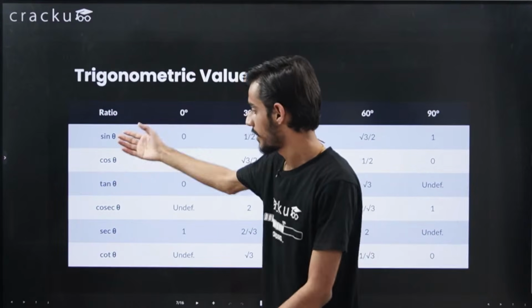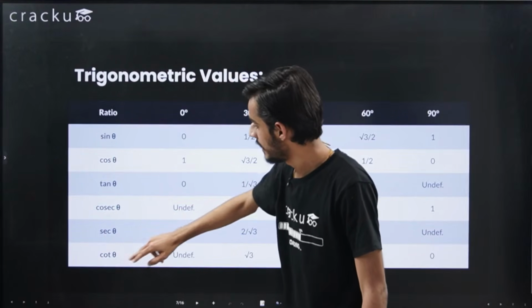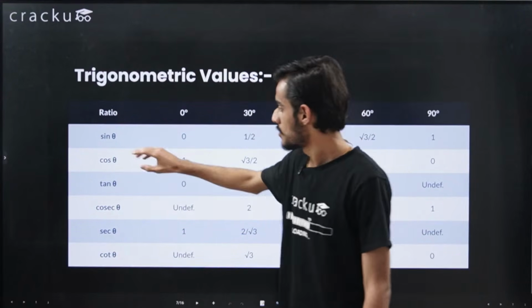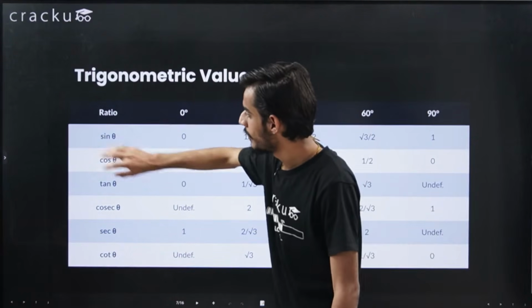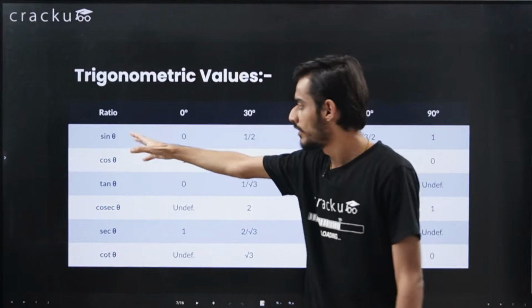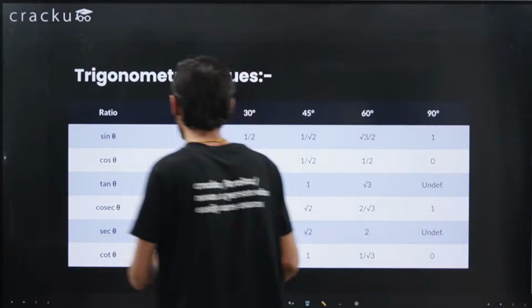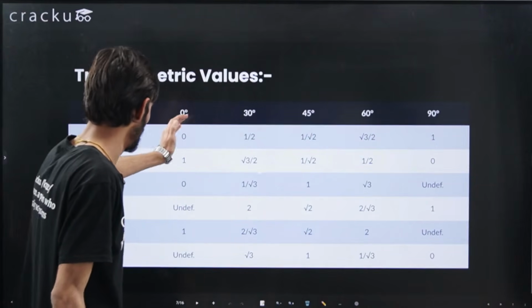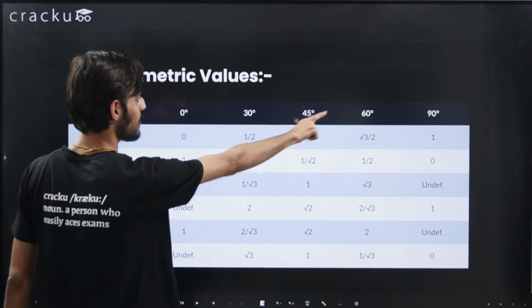And cosec is just the reverse of sine. Sec is just the reverse of cos, and cot is just the reverse of tan. So on the basis of the sine value, we will be able to get the cos value. And with the help of these two values, we will be able to get the value of tan. And the remaining terms are just the reciprocals. So we will be able to remember all the values. Okay. So this was about the values of sine 0 degree, 30 degree, 45 degree, and so on. I think you just need to remember the first row.